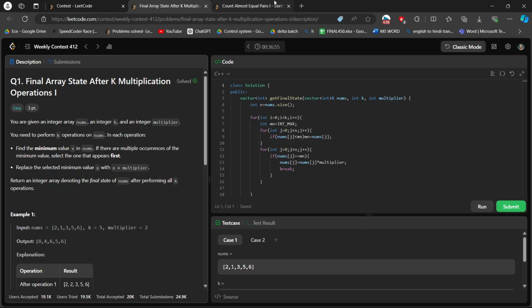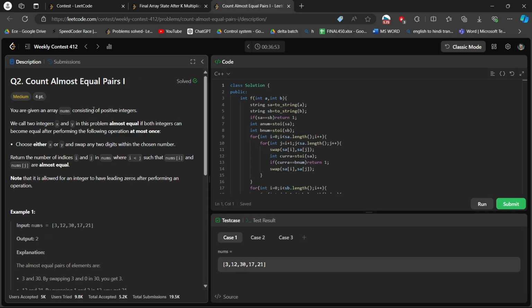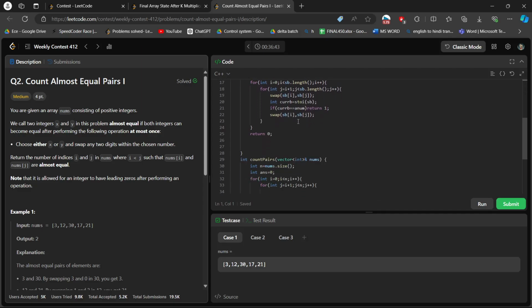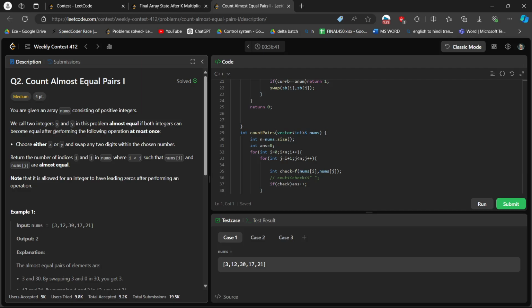Hello guys. So today's contest question, the second one, is Count Almost Equal Pairs. In this question, we are given an array and we call two integers x and y almost equal if both the integers can become equal after performing at most one operation. That means that we call two numbers almost equal